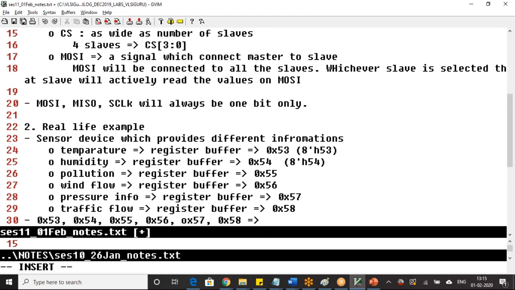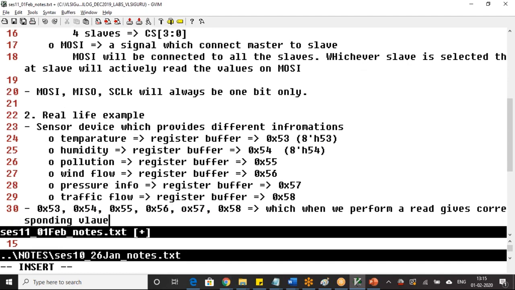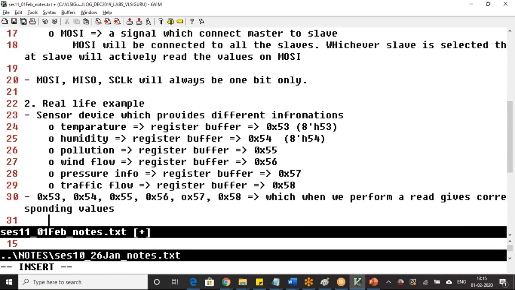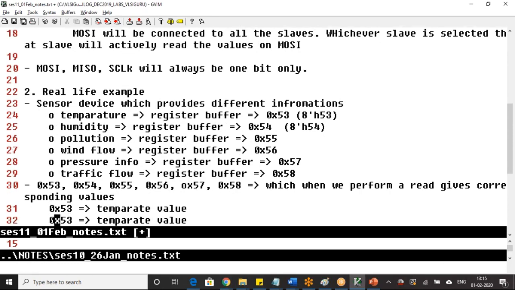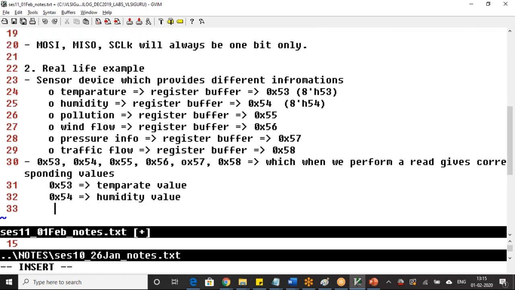These are the registers which, when we perform a read, give the corresponding values. 53 will give me the temperature value, 54 will give me the humidity value, and so on. Are you getting the context?